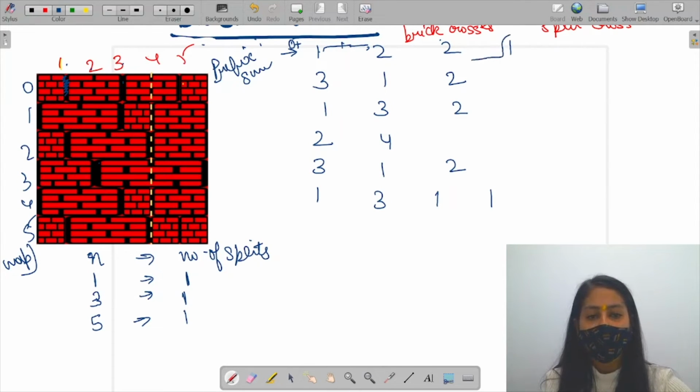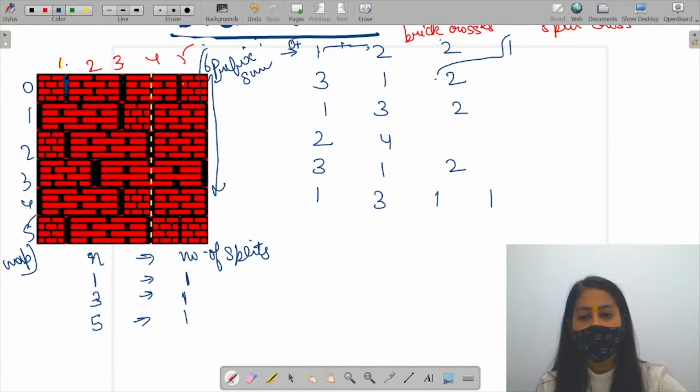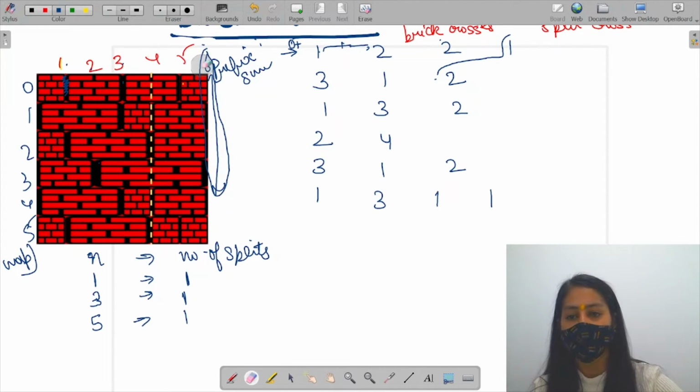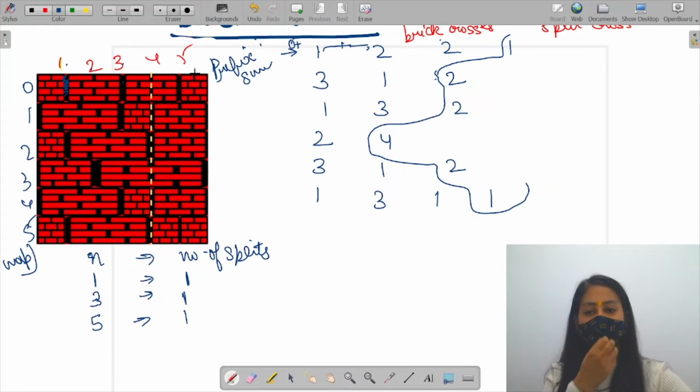Next 5 plus 1, 6. So when will I move to the last point? I will always move to the total length, but I don't want to include this. Why? Because here the minimum number of brick crosses will always be present, since no brick is present at this point. So in order to avoid this, we will not consider the last values, right? Because this will always take us to the last point which we don't want to consider.